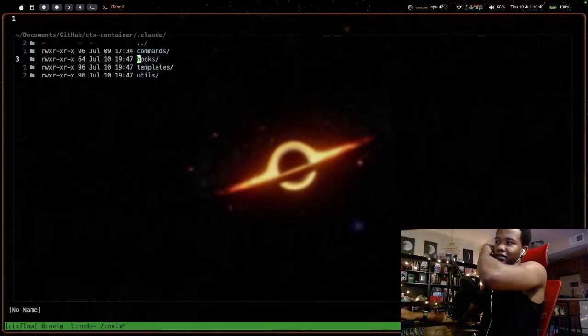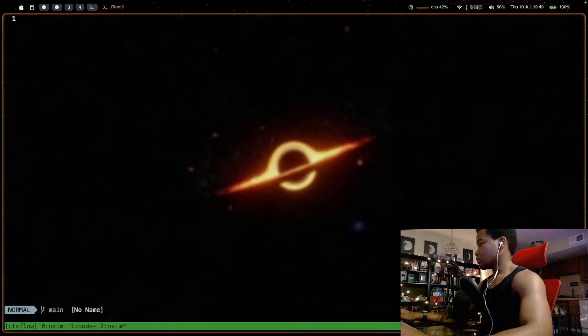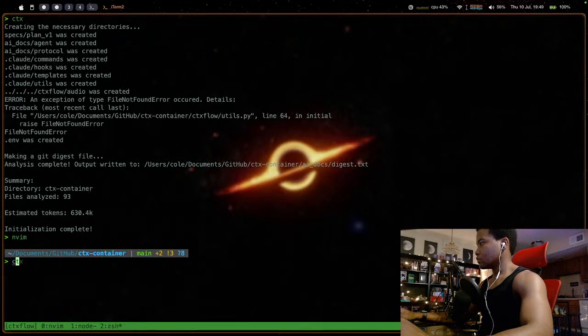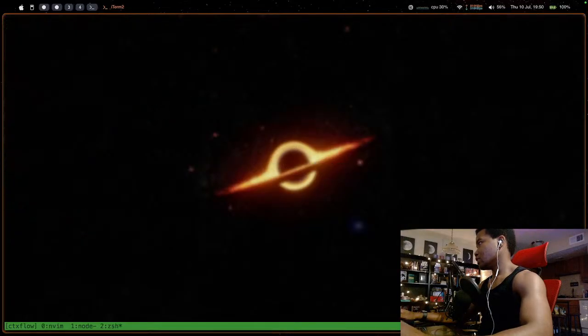I can probably just add hooks and add everything in hooks. Actually, no. Yeah, this for docs, specs, .claude, .env. Oh wait, before I do that, the .env. Sorry for that.